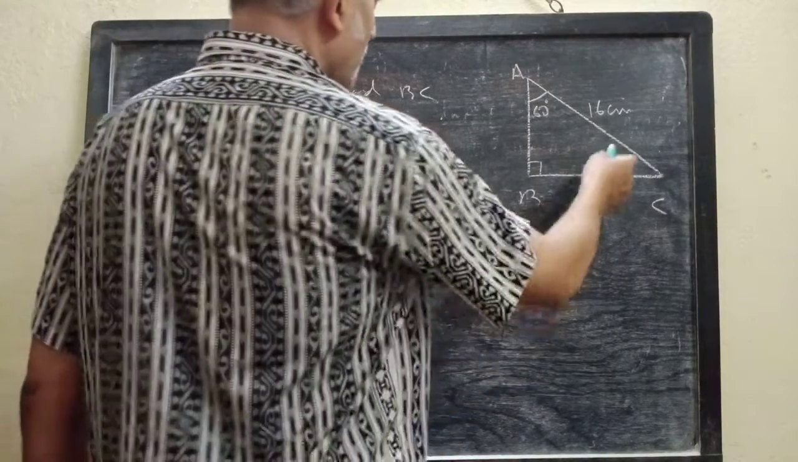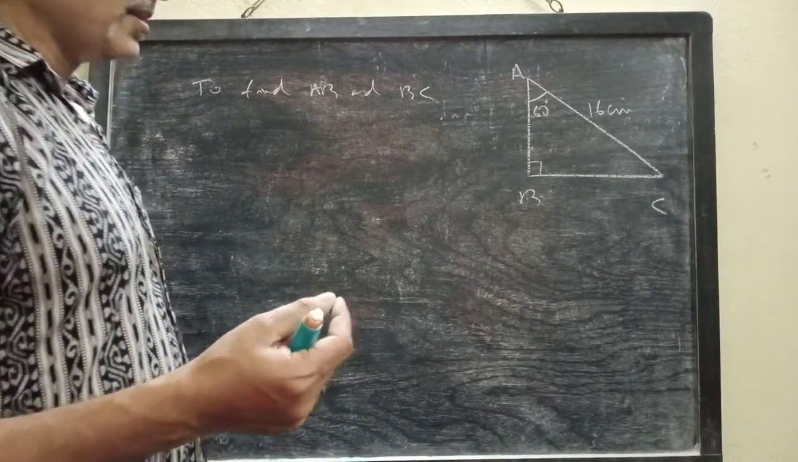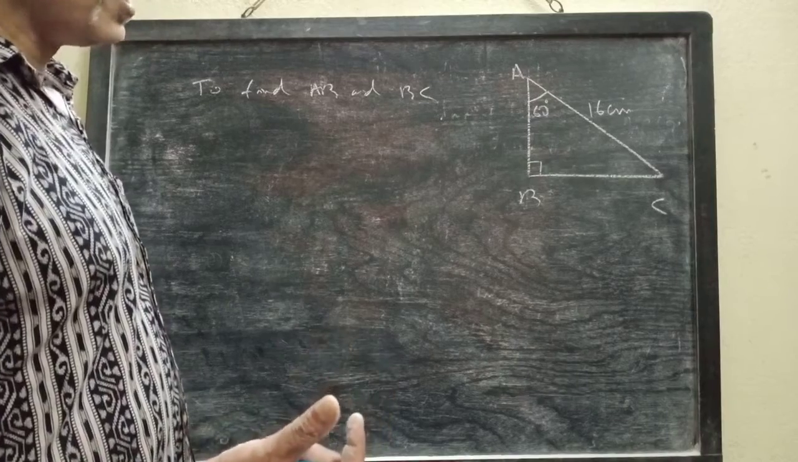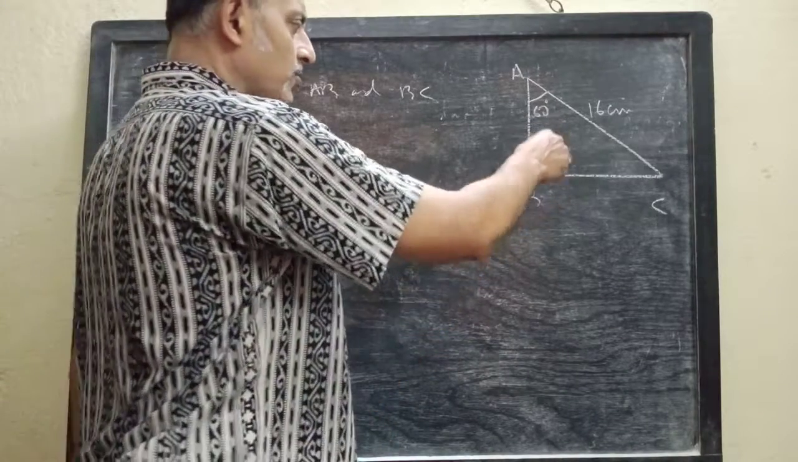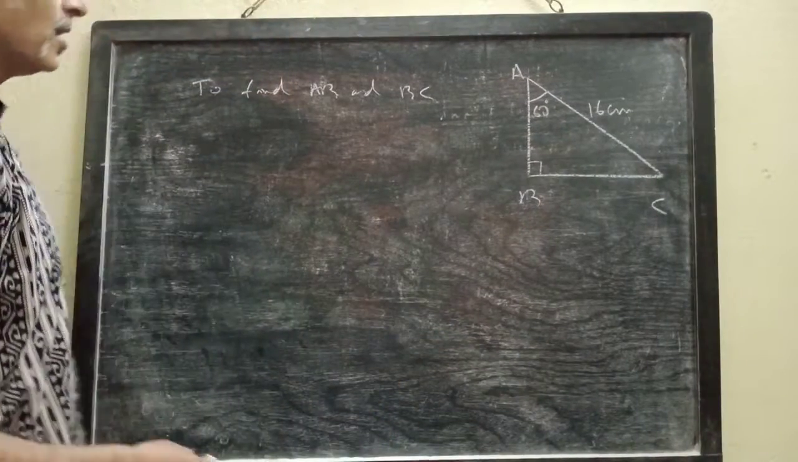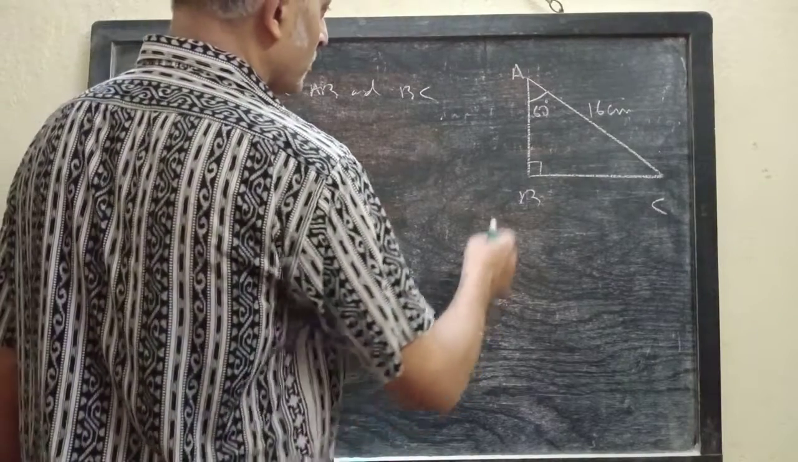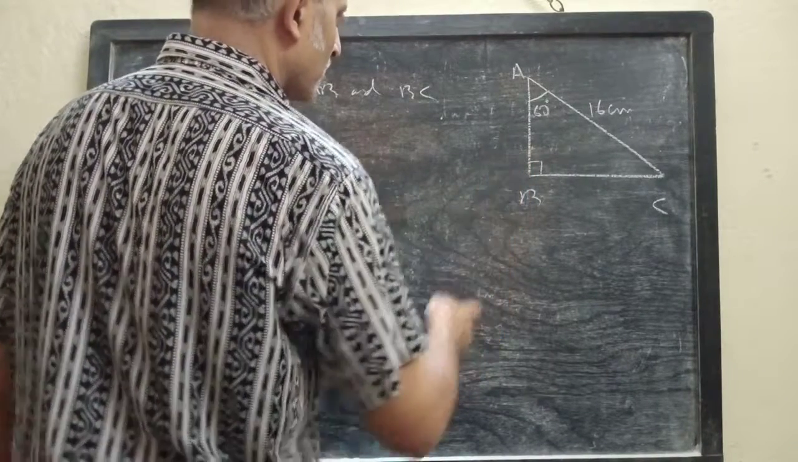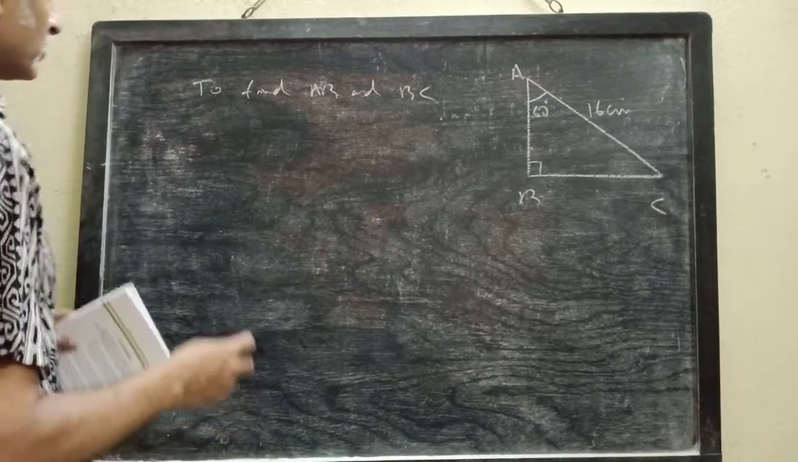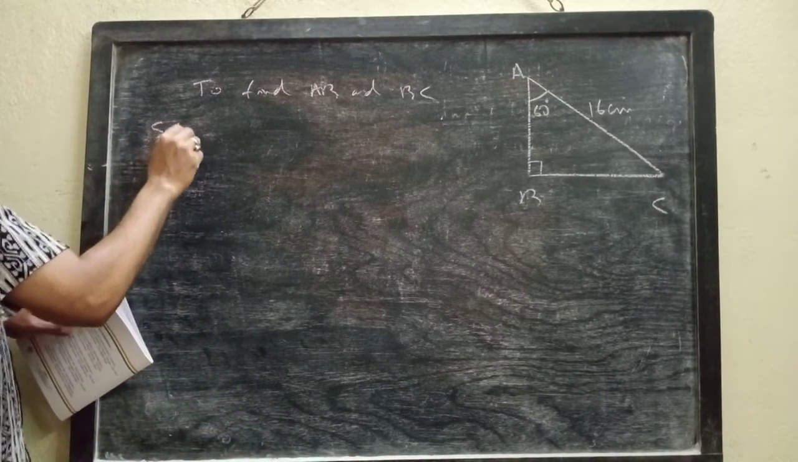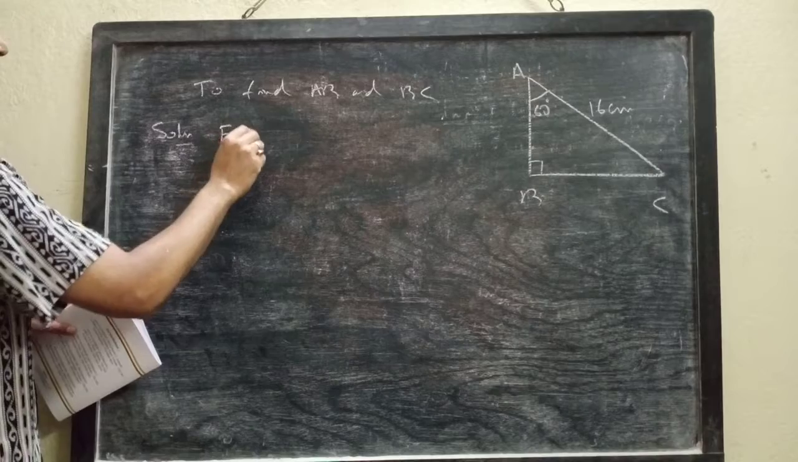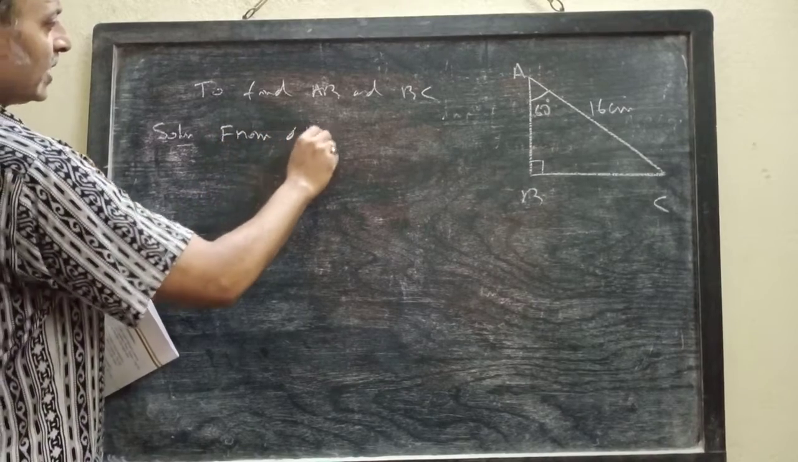Look, we have only the length of one side and the measure of one angle. No, the measure of two angles, because one angle is a right angle with it. Now apply trigonometric ratios using the unknowns. First let us find AB. So write in this way. From triangle ABC,